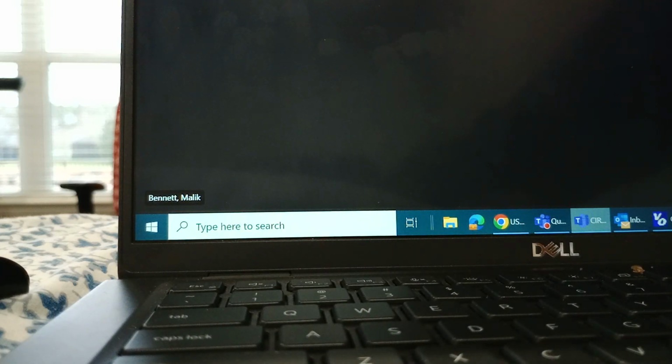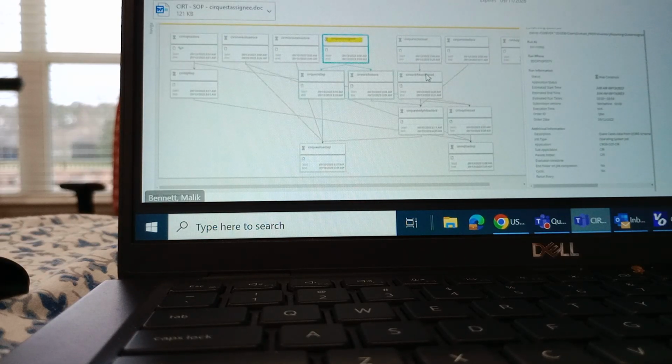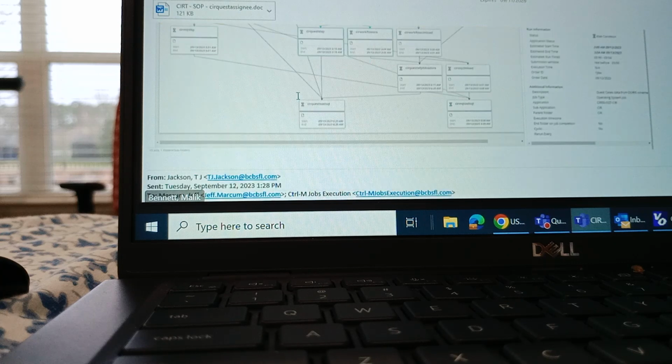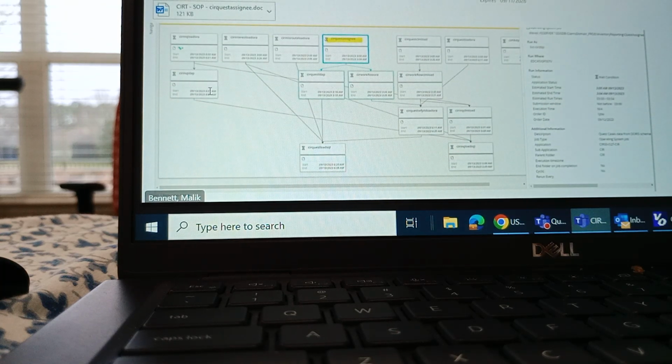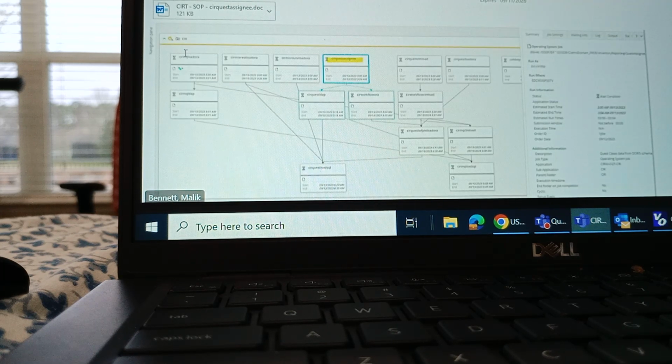Can everybody see pretty well? Yes, I can see. Okay, so this is what that looks like. So these are all the jobs that run, and we'll go through that at another time. But there's all these particular jobs, and for instance, it says